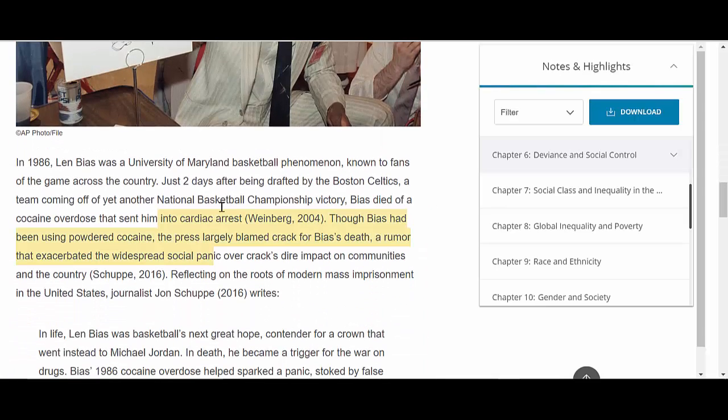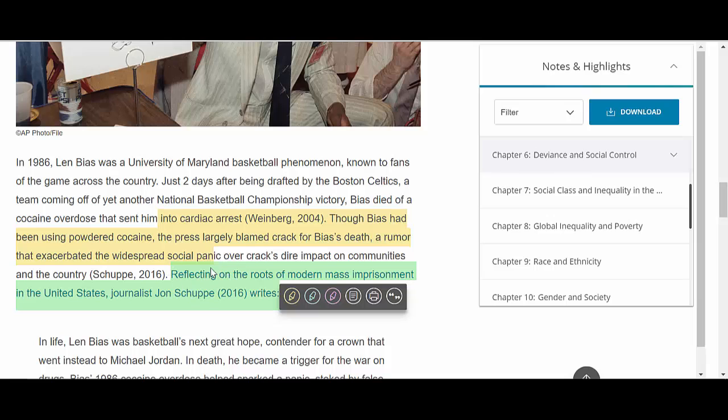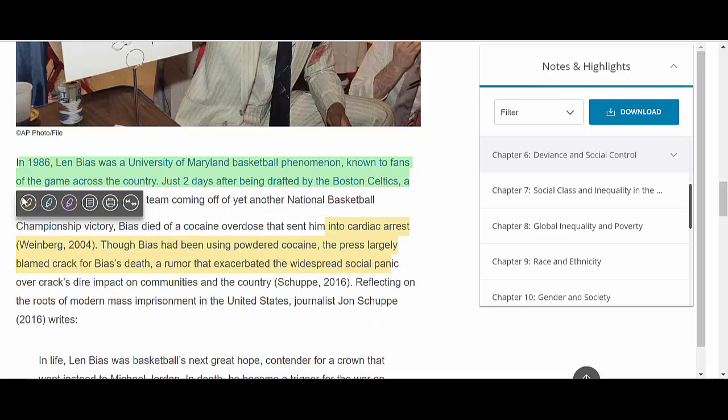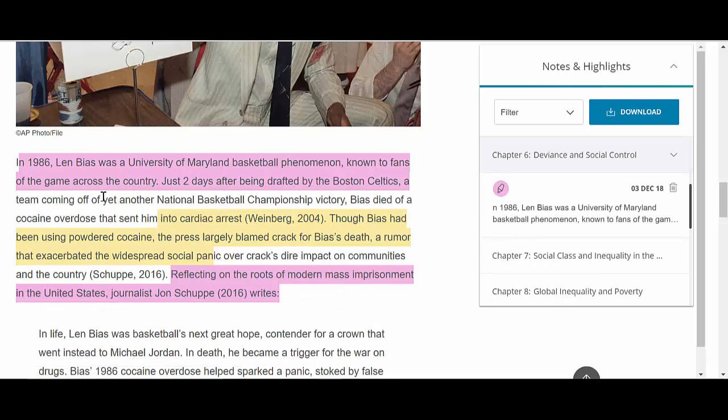As you're reading through the textbook, you can actually highlight various portions of the textbook. So what I'm going to do now is I'm going to scroll over a specific area. Once I've scrolled over it, you'll see this icon appear. I'm going to highlight that portion, and then on the right hand side here, you're going to see my highlight